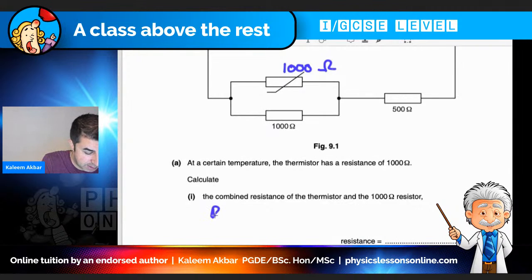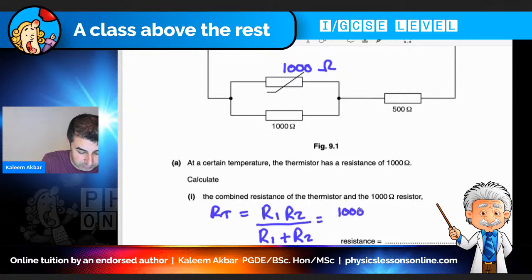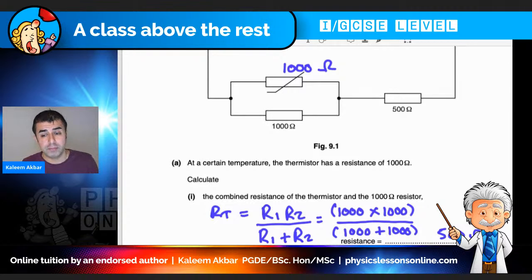Well, it's RT equals R1 R2 over R1 plus R2. That's my preferred way of doing this. And what we'll do is we'll do 1000 times 1000 over 1000 plus 1000, and that will just give us 500 ohms. It'll be half. All right, so that's how we do the first part. Then moving on,